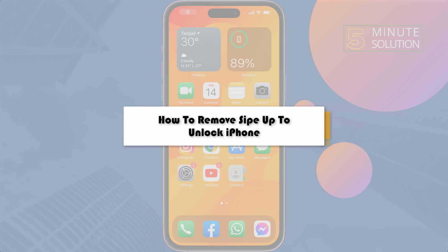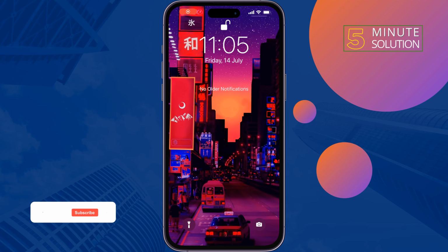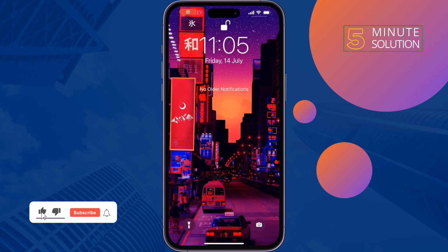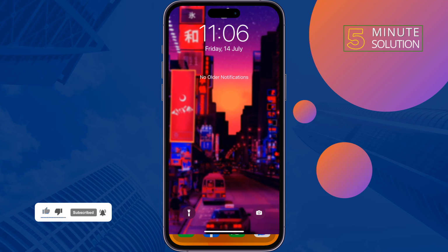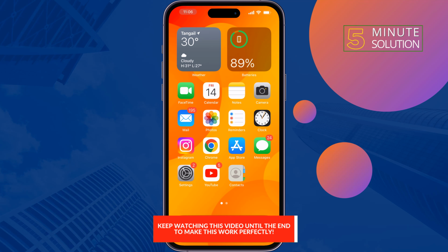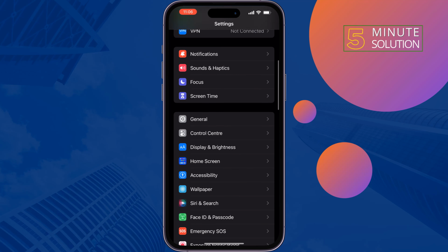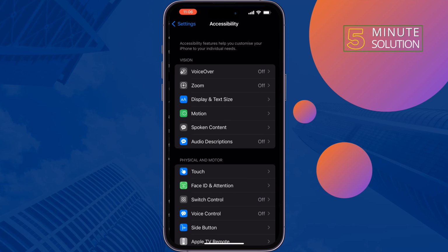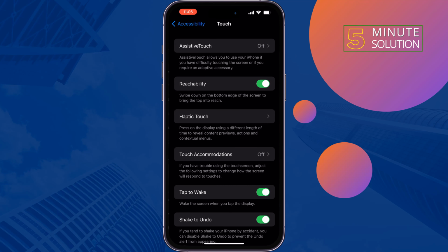Here's how to remove swipe up to unlock your iPhone. So here we can see I'm in my lock screen, and to unlock my iPhone I have to swipe up this shelter. To turn off this feature, simply go to your iPhone settings, tap on accessibility, tap on touch, and